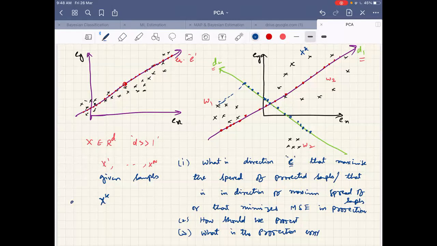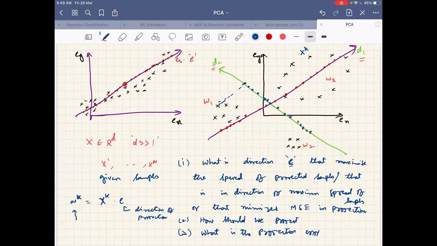So what we have seen, the projection value is AK. I am defining the math here, using the notations that we had before, and introducing a few more notations. What is E? E is the direction of projection.